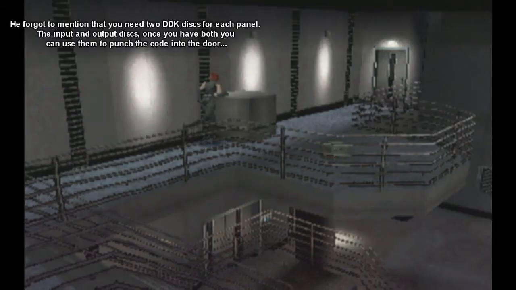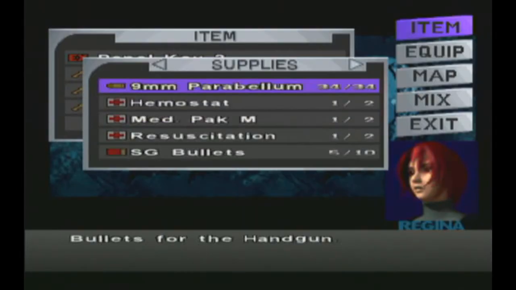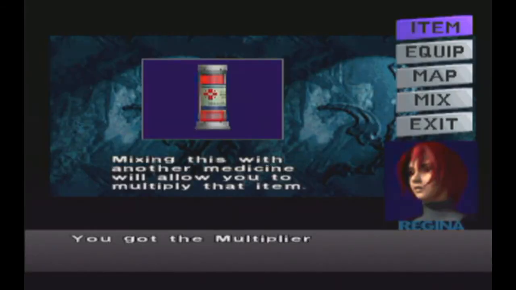So yeah. So now that we've gotten that disc, we are going to go up to the second floor of the main entrance, and we are going to be using one of the DDK discs. And of course, under here, whenever you see one of these boxes, you should probably push it, because there's usually an item under there that pops up. So as you see, that's an aid. You can use it to create sort of tranquilizer ammo to shoot down some of the...